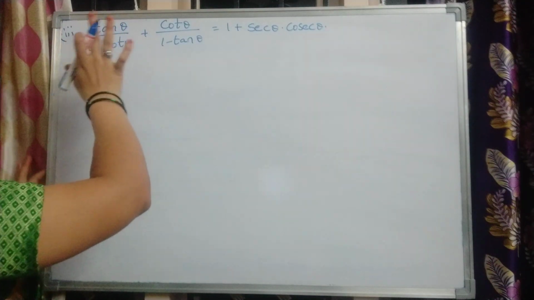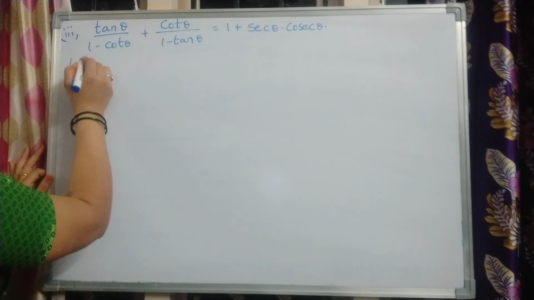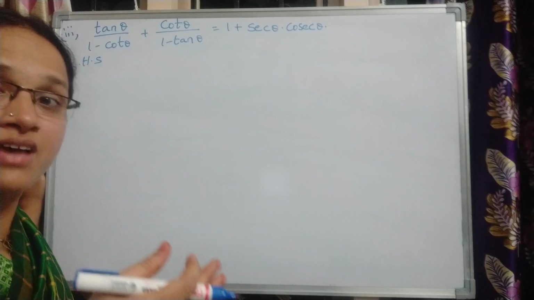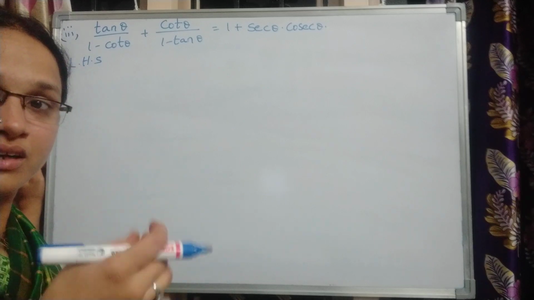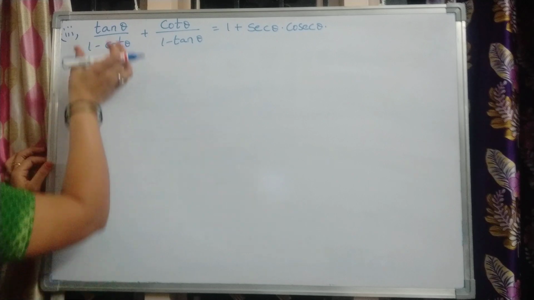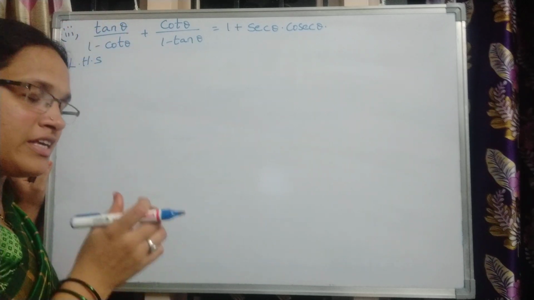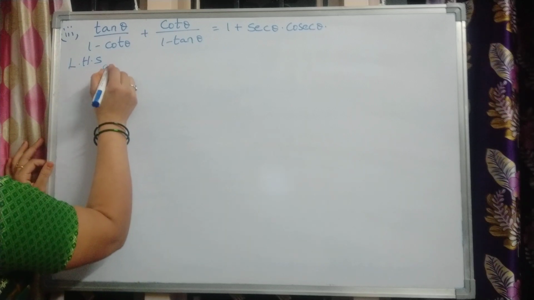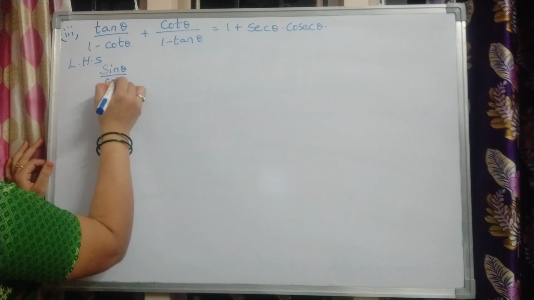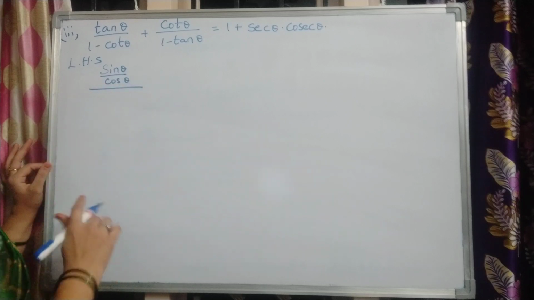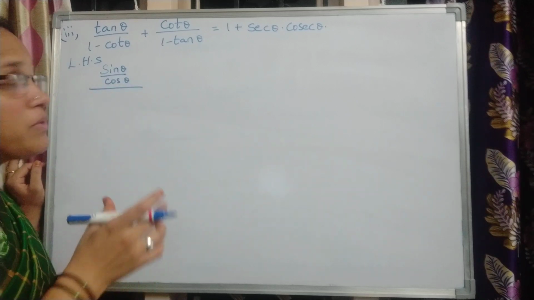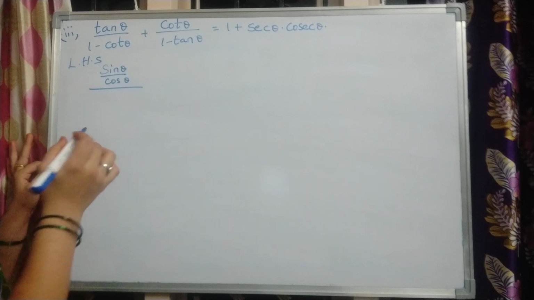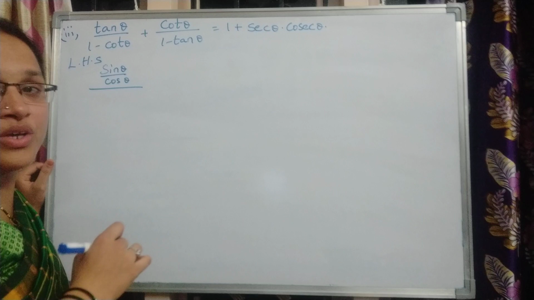First, change all the left hand side. That means you are taking the left hand side, and convert them in terms of sine and cos. Write them in terms of sine and cos. So how can tan be written, children? Yes, very good. Sine theta by cos theta. So sine theta by cos theta by, please make it much more clear, because it is given as a fraction here. Be careful when you are doing. These are the very minute small mistakes you make when you are doing these things.